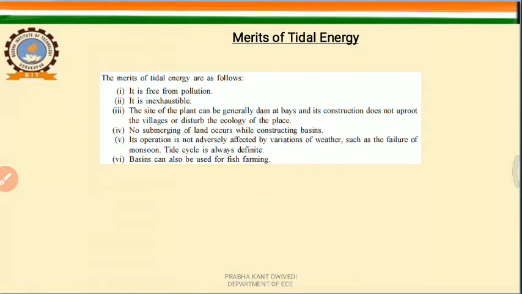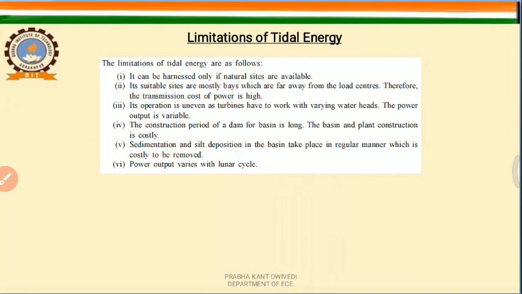The basin can also be used for fish farming. Yes, this basin can be utilized for fish farming. Another one is the limitations of such power plants. There are many limitations also. It can be harnessed only if natural sites are available. Yes, to save the money, we have to choose a site where